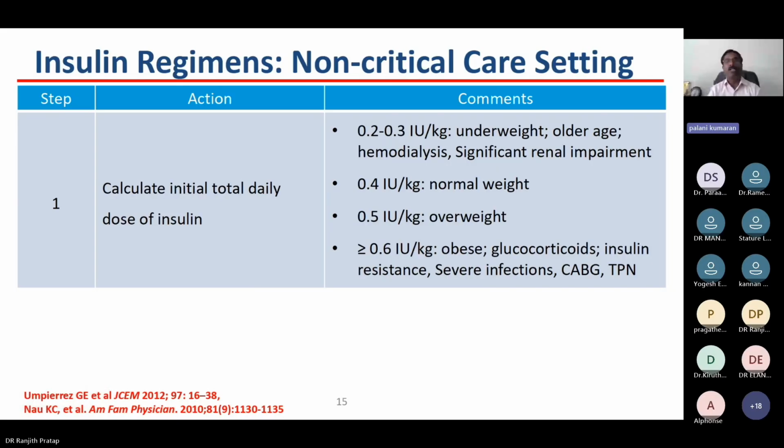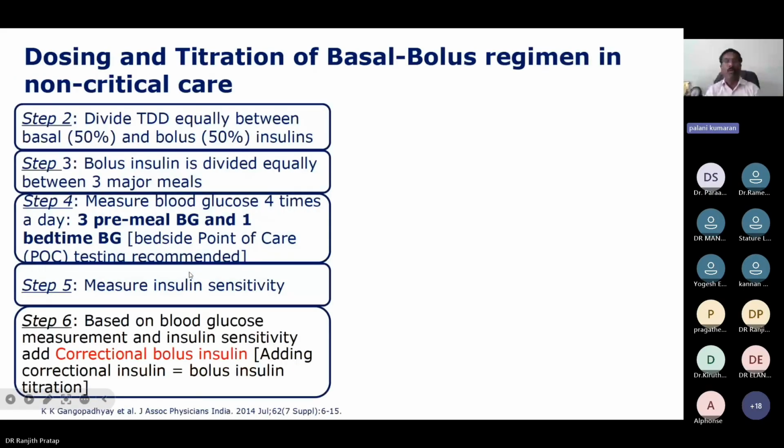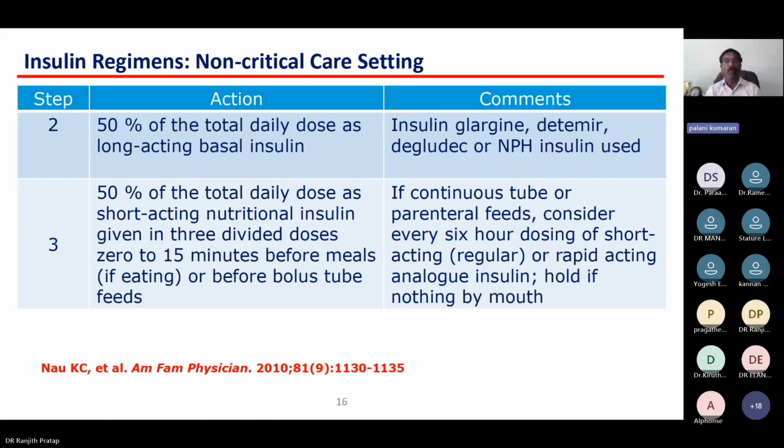Whenever the patient is obese or insulin resistant, on steroids, has severe infections, post-CABG, or is on total parenteral nutrition, we can have a higher insulin dose, that is a total daily requirement of maybe 0.6 units per kg per day. Next slide. The next step is that we have to split the total daily dose into 50-50 or